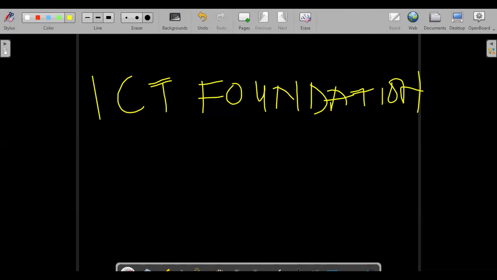Okay, so normally when you say system software, these are examples of software that manages the computer hardware. Usually they are also